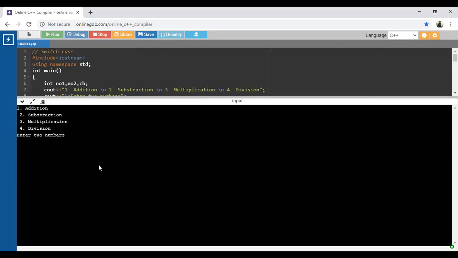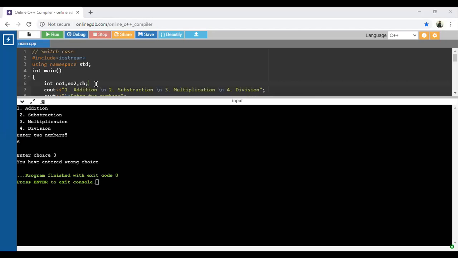Just look at this. Enter 2 numbers. First one is 5, and then second one is 6. After that, it will display the message, enter choice, which operation you want to perform. Enter 1 for addition, 2 for subtraction, 3 for multiplication, and 4 for division. Suppose we want to perform multiplication. Just enter 3, and as per the 3, what will it do? You have entered wrong choice.